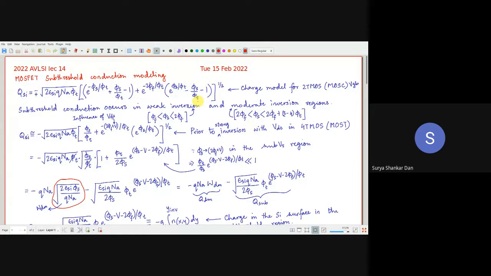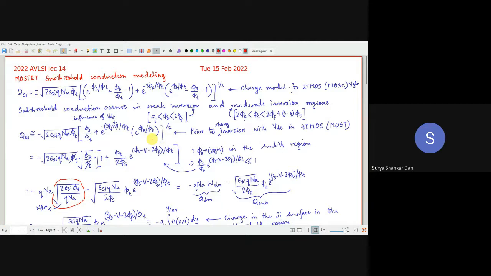Today we are going to begin with the concept of subthreshold conduction, and the main impetus is to understand the subthreshold leakages. As I said, under the static power dissipations, the most important static power dissipation happens through the subthreshold leakage. Subthreshold conduction is going to be a recap of what we have already studied in our PMMD course, where we dealt with it in much more detail.